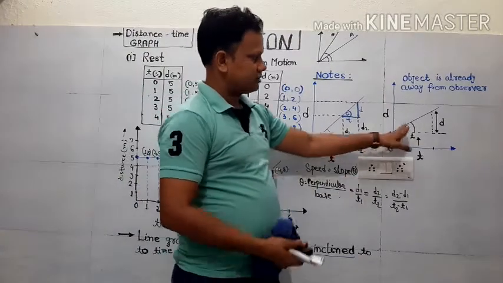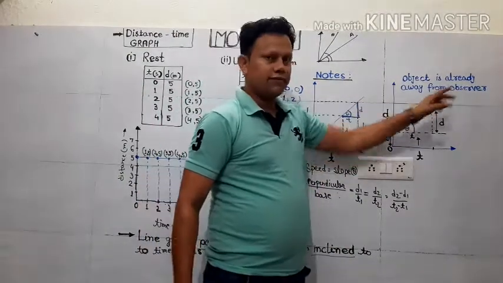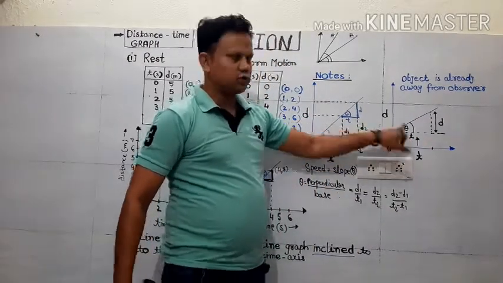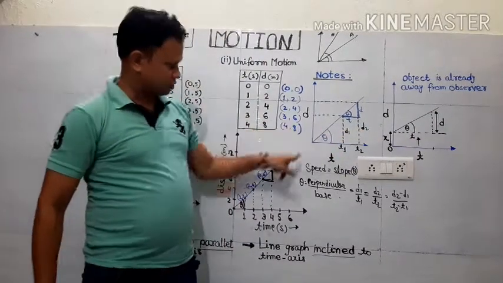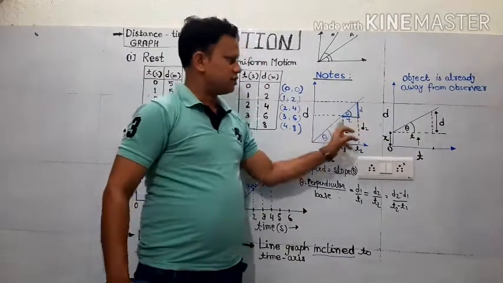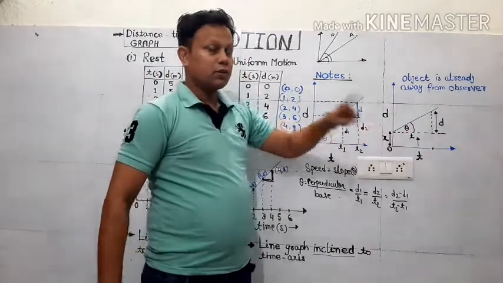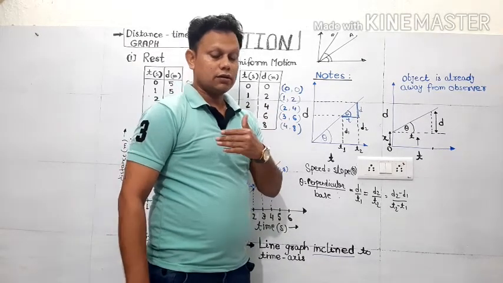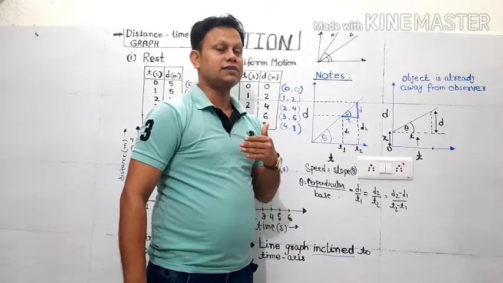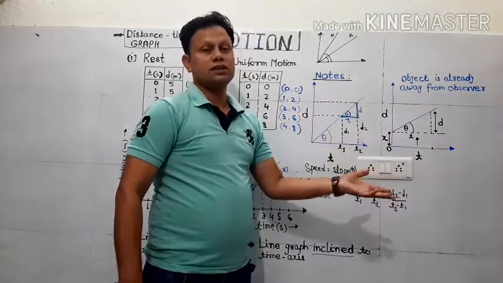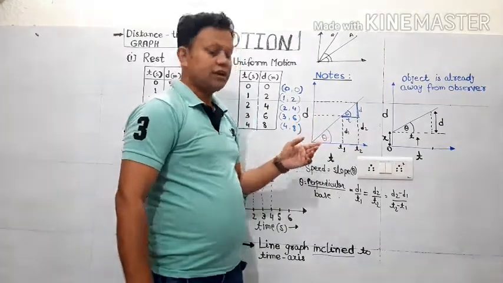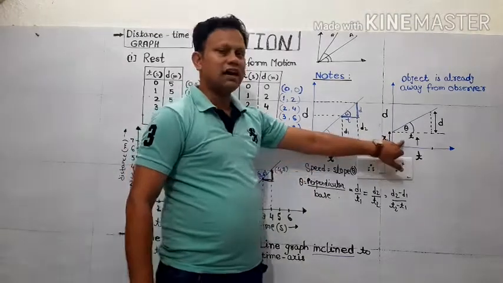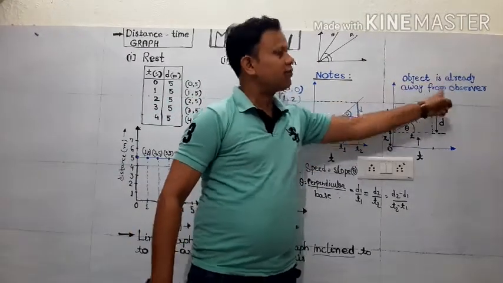Now I have made this graph also, where again it's a line graph, it's rising. So what is the difference between these two situations? This is similar to this. Then what is the difference between these two? Because in the very beginning I mentioned that when the observation starts, the object can already have some distance or position from the observer. Here I have taken that the body is just passing by me, but it's not necessary. So this is a graph which is showing that the object is already away from the observer.